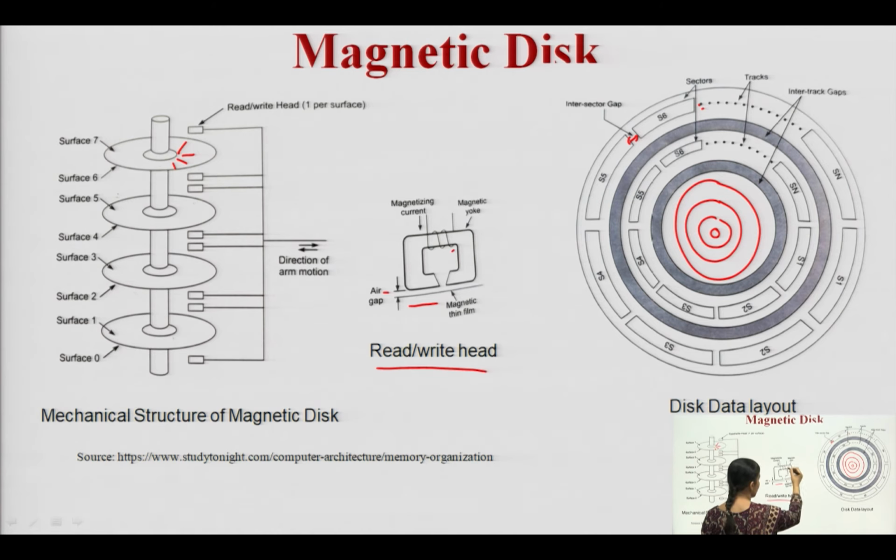The direction of this will tell us which operation on which track has to be performed for a particular sector. This disc is divided into different sectors like S1, S2, S3, S4, S5, S6 and so on, and each sector is again divided into different tracks. Two corresponding tracks have a gap also, and two corresponding sectors also have a gap.